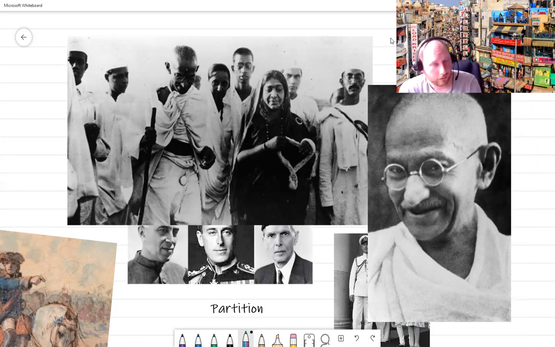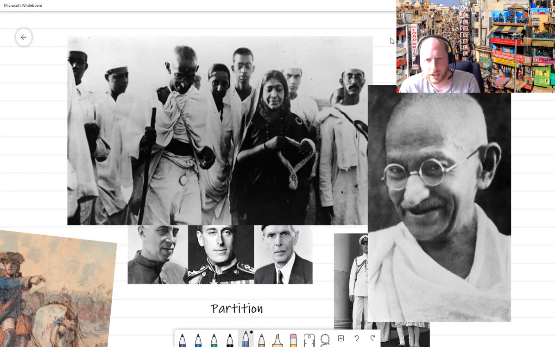Now in India, along the coast, it's very easy to make your own salt. It's free. You go to the coast, you get a load of seawater, you leave it in the sun, the water goes away, you're left with a load of salt. Easy. Why should they be paying for it when they could just make their own? So Gandhi starts a long march all the way from his home. I think it's about 300 miles or so. It's a really long march.